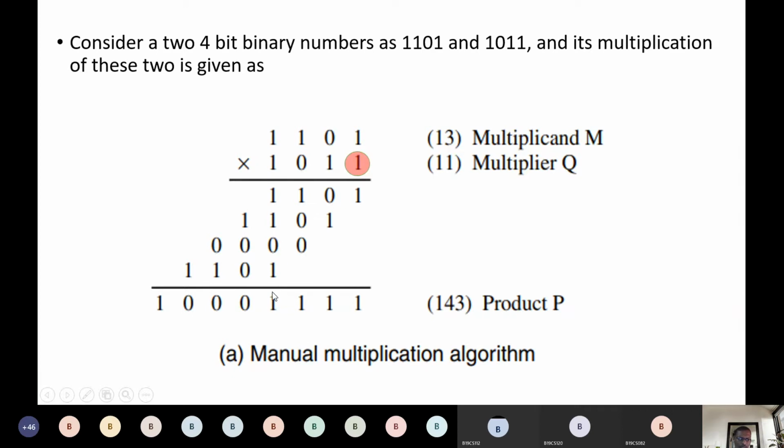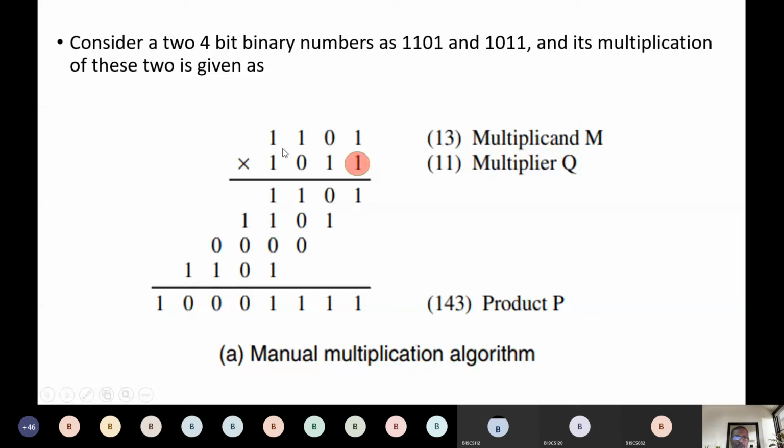We already know binary addition. When we add the three ones, it's 11, so we keep 1 here and carry 1. The carry out becomes the carry in for the next column. The carry out from this one becomes the carry for the next one. When 1 and 1 are added, it becomes 10 again, so we keep 0 here and carry 1. Finally, these are the result bits.